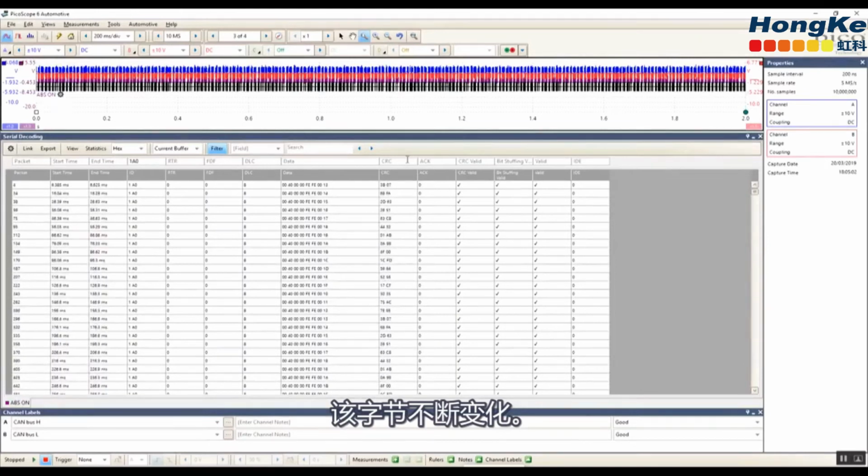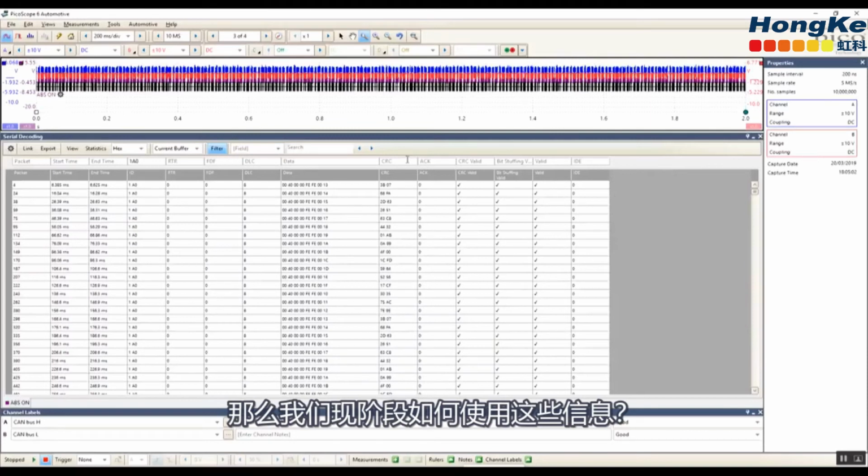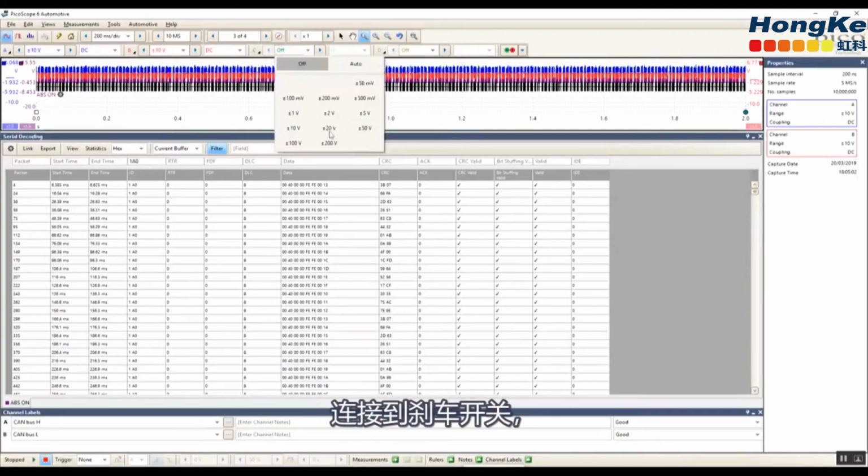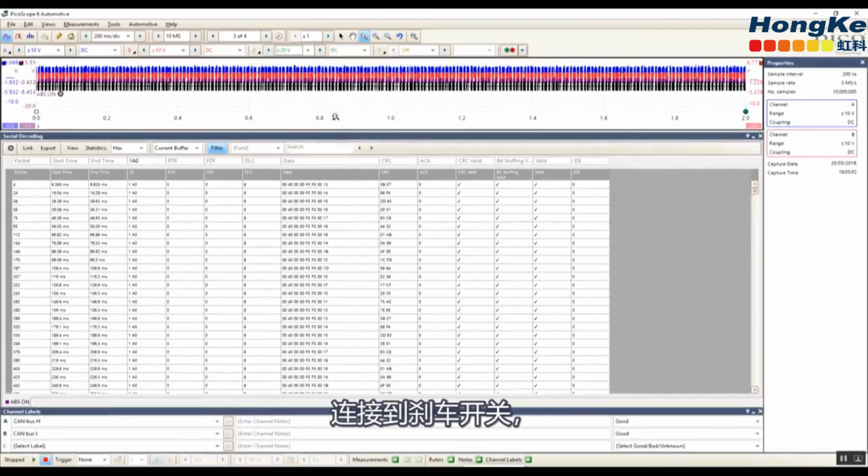Okay. So how could we use this information at this stage? We could bring in another channel and see if we can promote change within the data here. So thoughts around brake pedal switch. So on channel C, I've connected to the brake pedal switch located just beneath the master cylinder. And if I were to run this now,